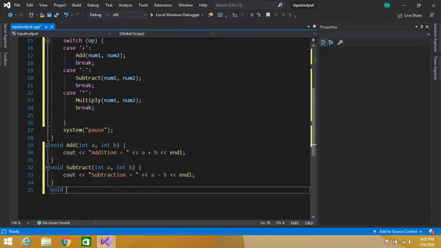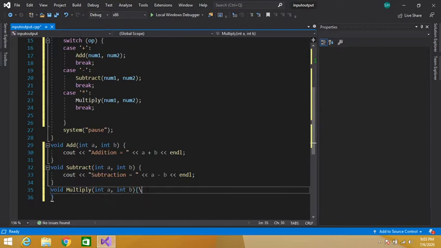Void. So what is the syntax of writing the definition of a function? Return type, void means nothing. Then function name, the function name is multiply, and then in parentheses parameters int a and b, because we are passing two parameters here, num1 and num2.